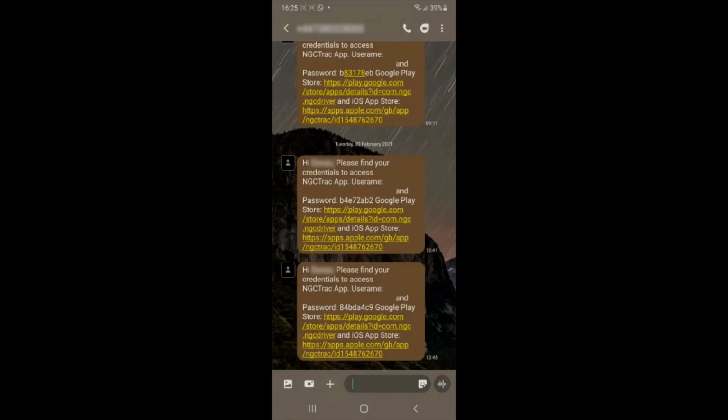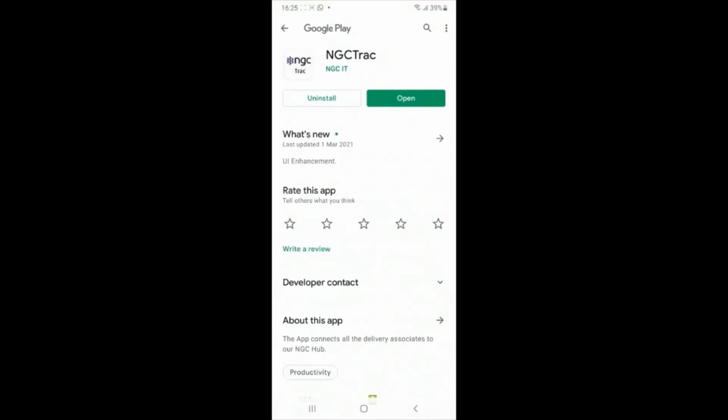Here are the steps of how to download and install the new NGC Trac app. You will receive a text SMS with your credentials and the link to download the app. This can be for either an Android or Apple phone, depending on what phone you're using. Once you click on the relevant link, it will bring you to either Google Play or the Apple Store